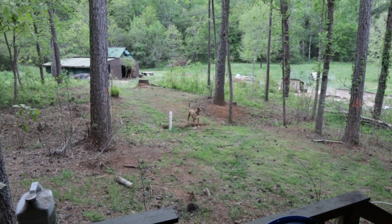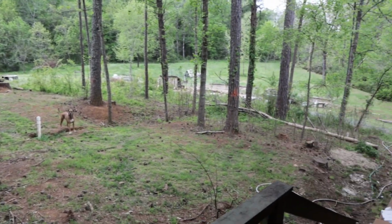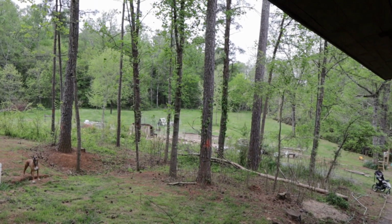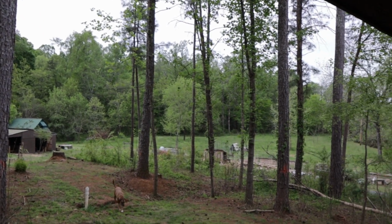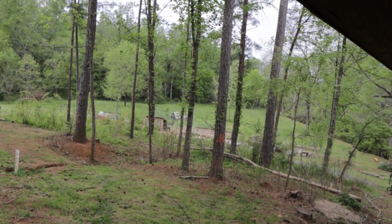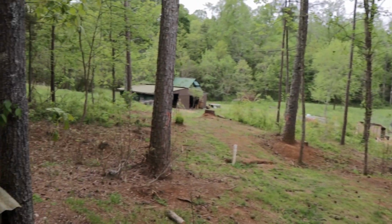Okay, so right here is just the view from the side of our porch. This is how we get down our steps. And you can see these pine trees have orange X's on them, which means they are being cut down. So basically any pine tree in this area is getting cut. And what we're going to do is use the lumber that we get milled from it to hopefully build our